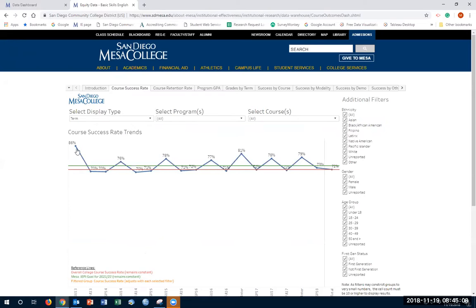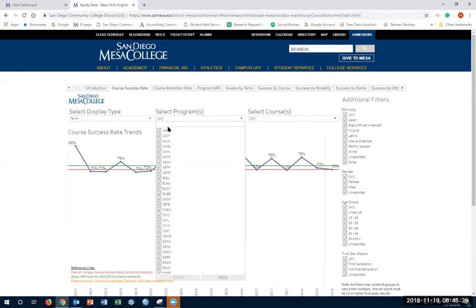So each tab will include the actual success rate, which is the blue line, the red line, which is an overall 5-year average for the entire campus, and the green line, which is our current IEPI goal, which remains constant. And as you filter, you will identify,